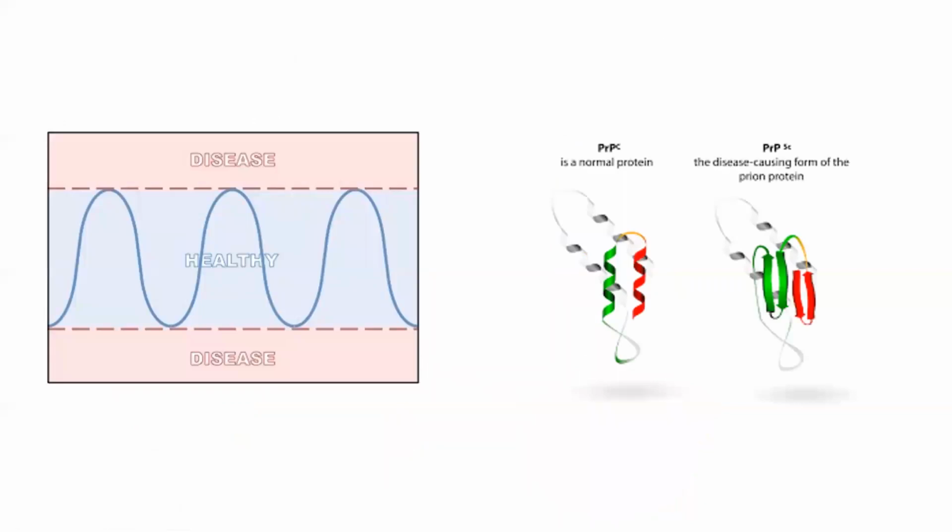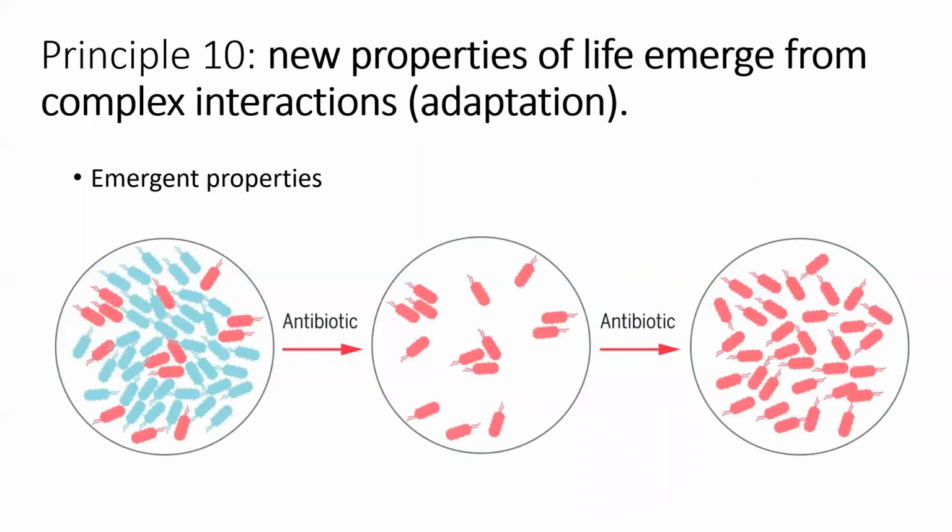All right. So again, the ability to be healthy is basically a series of reactions in the body and the ability for the structures to maintain their integrity to allow function to occur properly. All right, new properties of life emerge from complex interactions. Basically the ability to